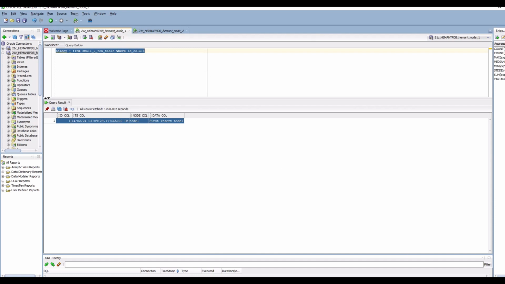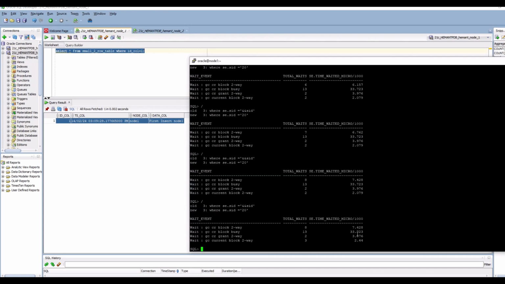So there's a lot of different wait events for global cache: consistent reads, current reads, two-way where it has to go to the resource directory, and three-way where the resource directory is on one instance but the block is in a third instance, so you could have a three-way wait elsewhere. That's the maximum. It doesn't matter whether you have 2 nodes or 8 nodes or a 16 node RAC. The maximum you'll have is a three-way wait.